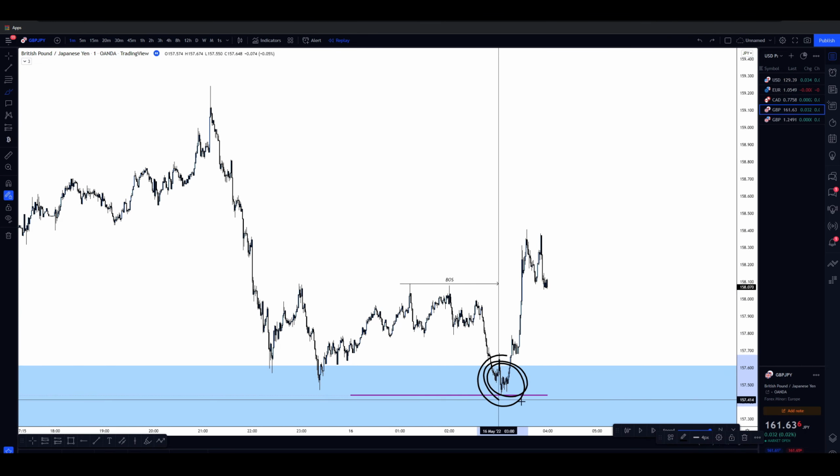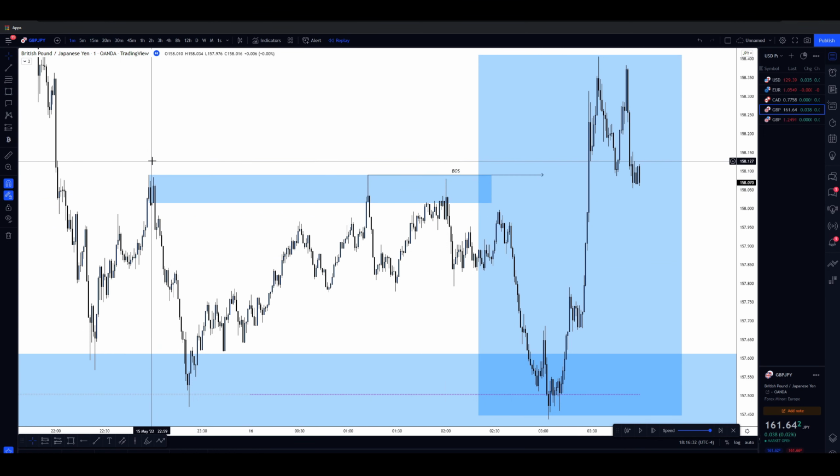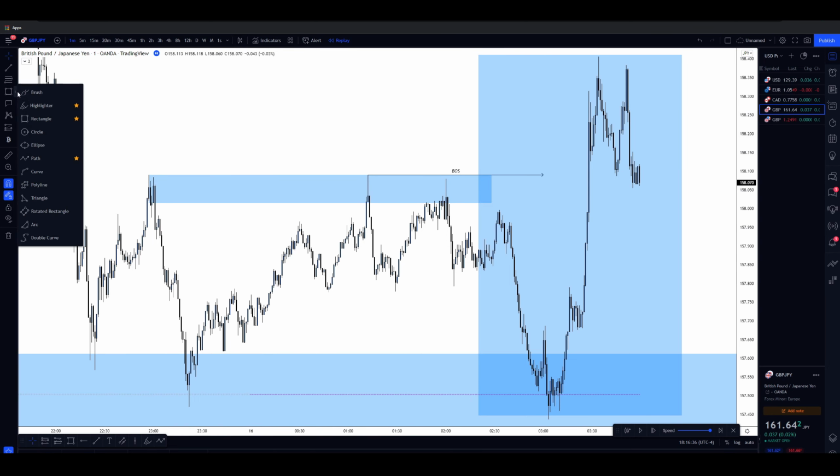Now, before I do that, let's talk about what happened over here. What happened over here is after price action entered our demand zone, there's still people looking to sell. And this goes for institutional traders as well. Although I did say that there aren't many institutional traders trading, that doesn't mean there aren't any. I just said there aren't many. So we still have institutional traders that are looking to sell.